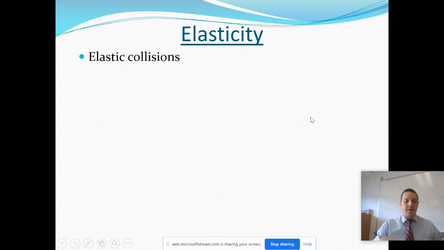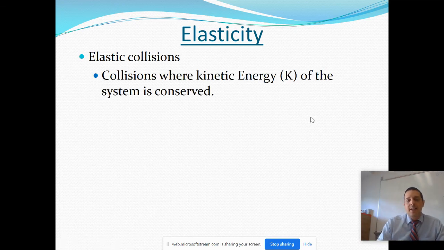One thing when we talk about momentum that we really need to understand, especially at the AP level, that we didn't touch on in honors, is this idea of elasticity. Elastic collisions are collisions where the energy of the movement is conserved. That means because of the interaction, there's been no loss in the energy of the moving objects, at least the energy associated with their movement itself. And we define that as an elastic collision.